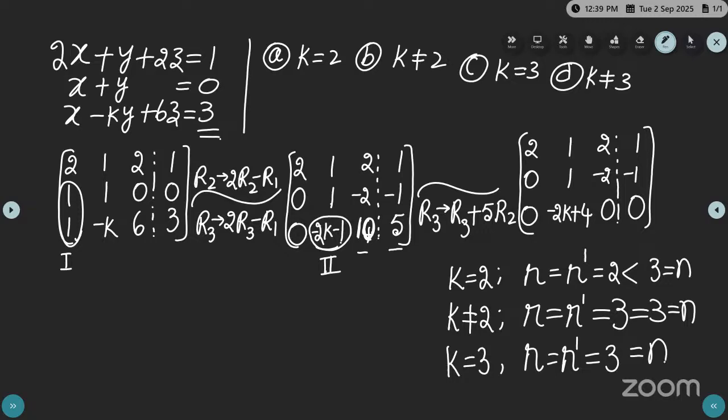K equal to, all the solutions. What is the question given? For what value of k it is consistent. Of course, all the options are valid. Write down: here, all the options are valid in order to say that the system is